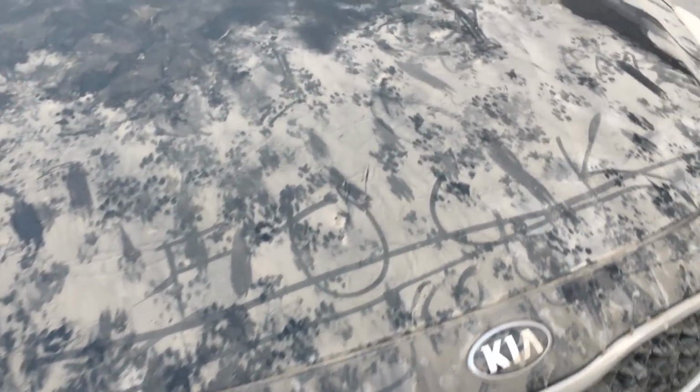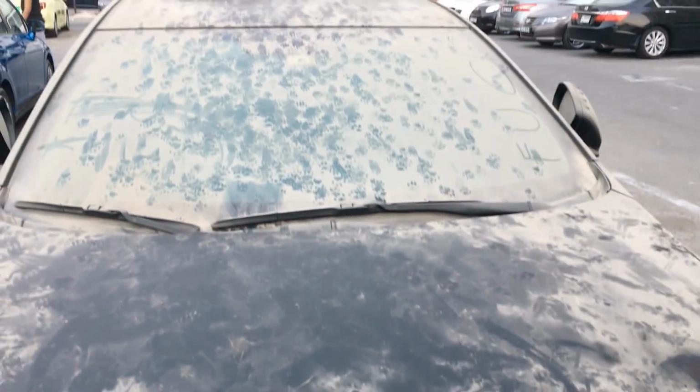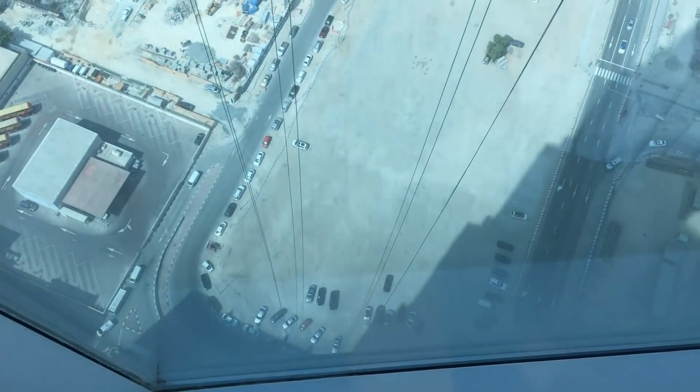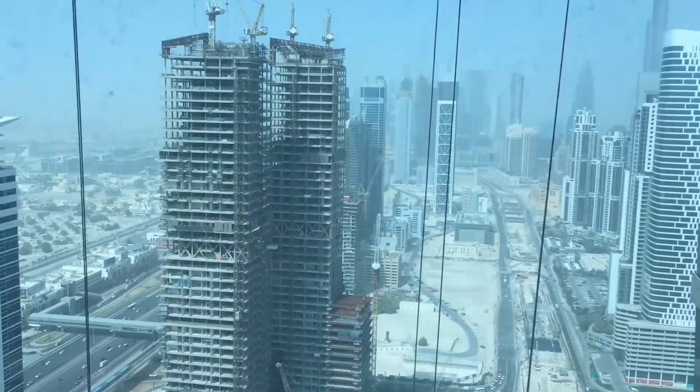Look at the little paw prints all over this car. I'd like a room with a view. Yeah, that's talky, madam. Look,